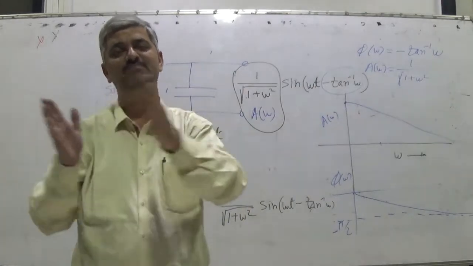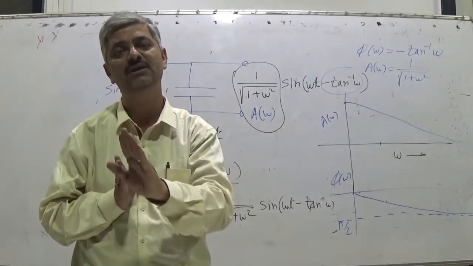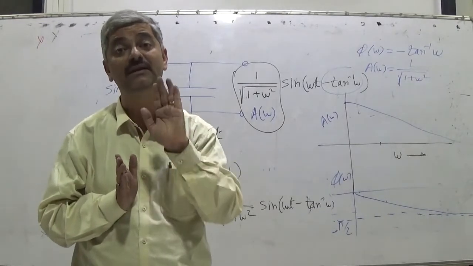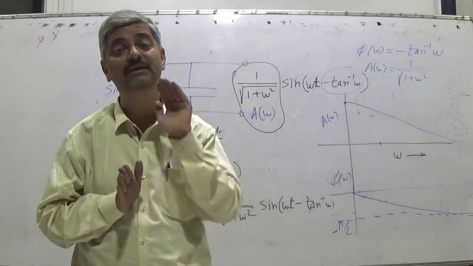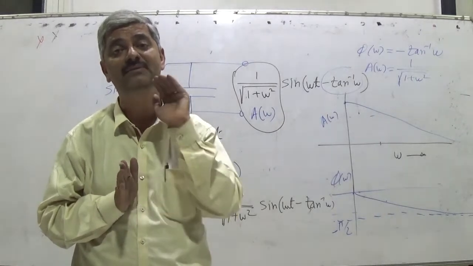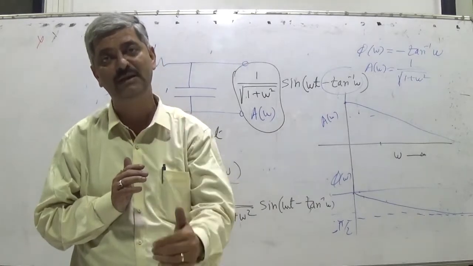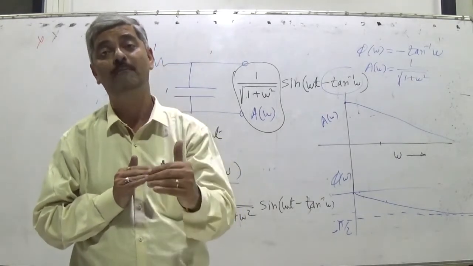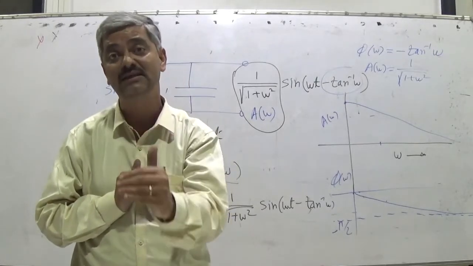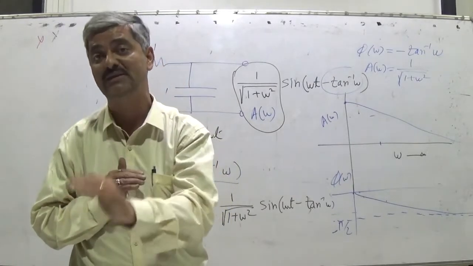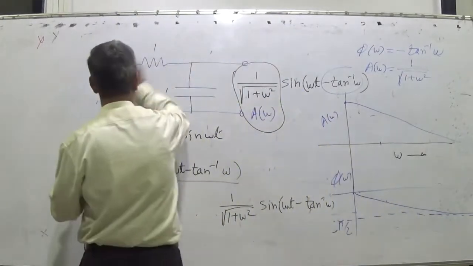If a mixture is passed, the different components of the mixture will get different treatment. That is the purpose of a filter. A filter cannot give the same treatment to everything. In that case, it will not be a filter. The purpose of a filter is to offer separate treatment for the signal depending upon frequency. So next we go for another simple circuit.